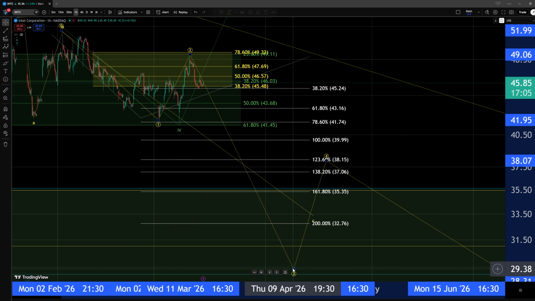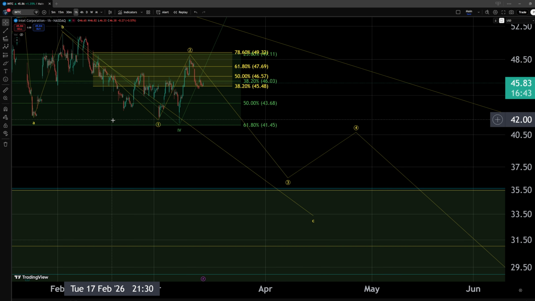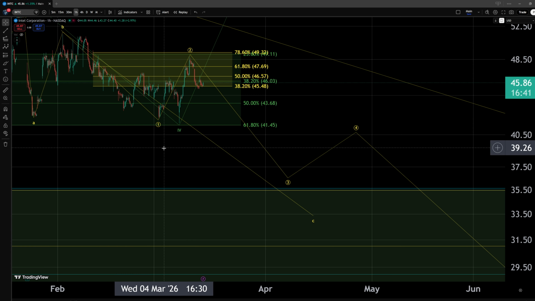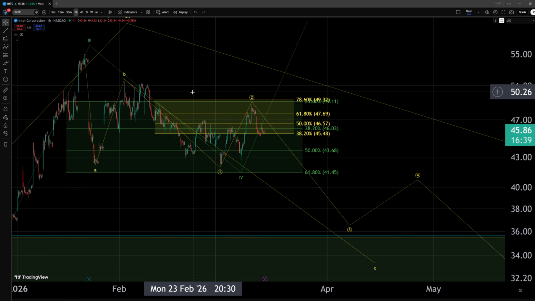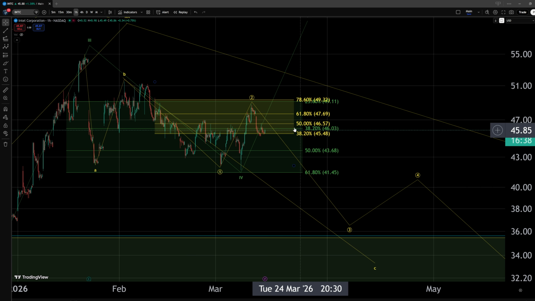And by the way, the wave 3 doesn't need to stop there, but that would be the minimum expectation for me to be able to track with some degree of reliability a follow-up in a wave 4. Now, even though the count and the structure is rather suggesting to me that the yellow structure is favorable, I